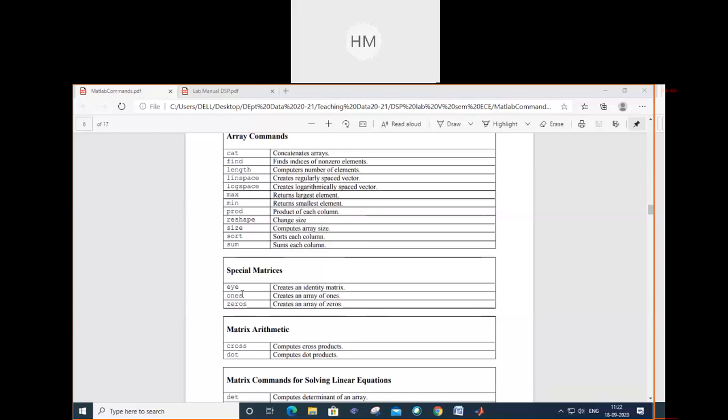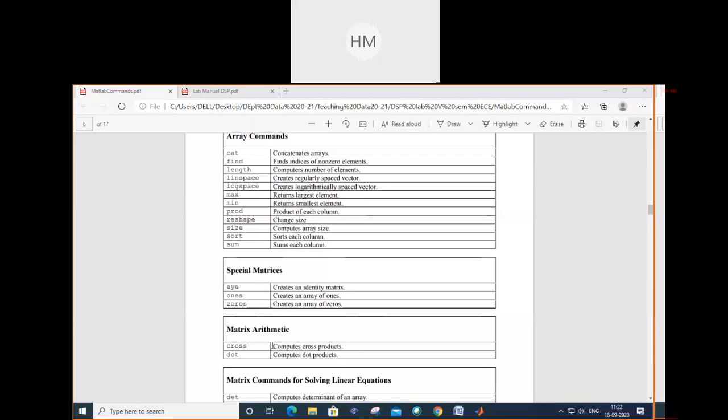Like to display your impulse function. Unit impulse, that means I want to display the pulse only at n equal to 0. I want that one pulse at n equal to 0. Otherwise, it's 0. So everywhere it's 0 except where n is equal to 0. So I can use this command zeros there.